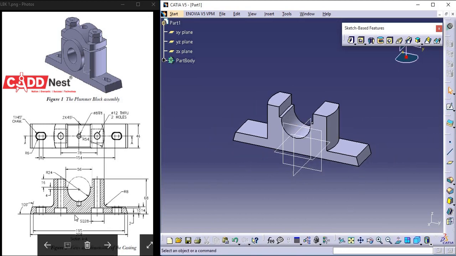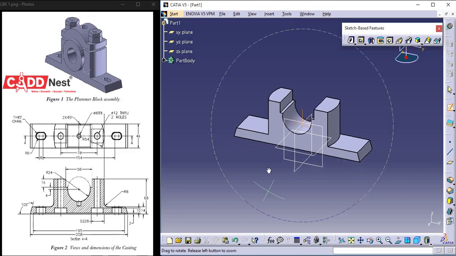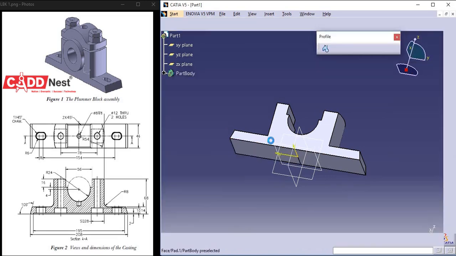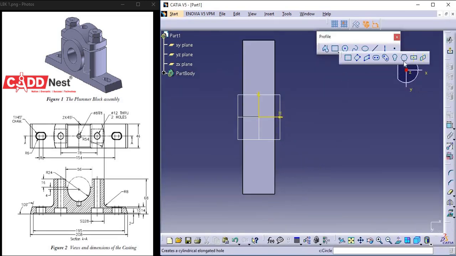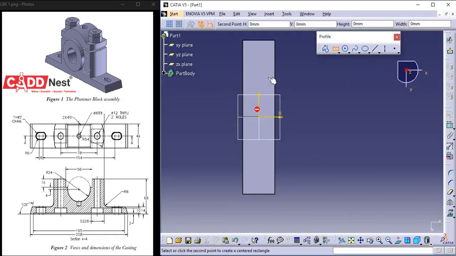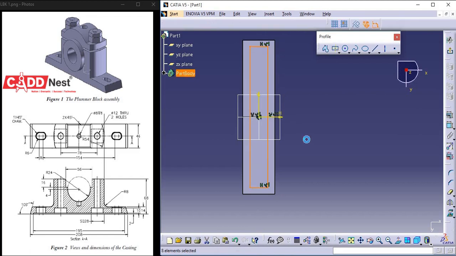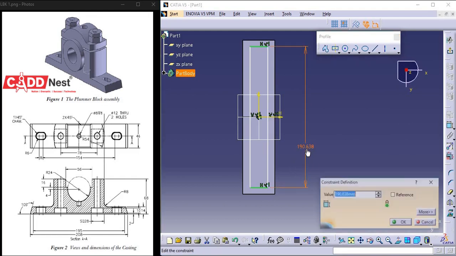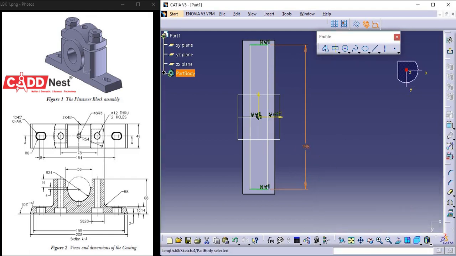On the base feature you can see there is a groove of the depth 2 mm, that is overall length it is given as 195. Let us create that. Go for sketch, under base and select this face. Here we will be creating our say rectangle like this, and this distance it is given as 195, and here they have not specified the width of a rectangle, so let me take it as 2 from either ends